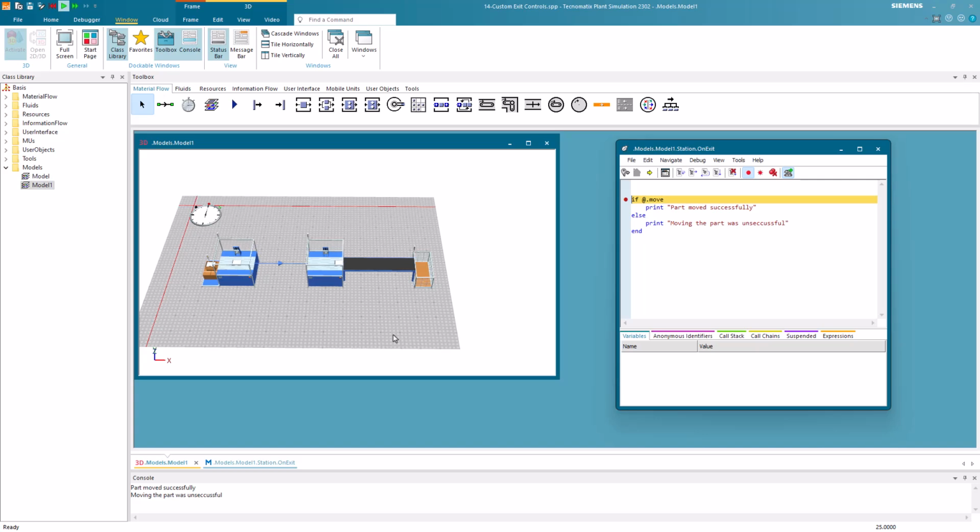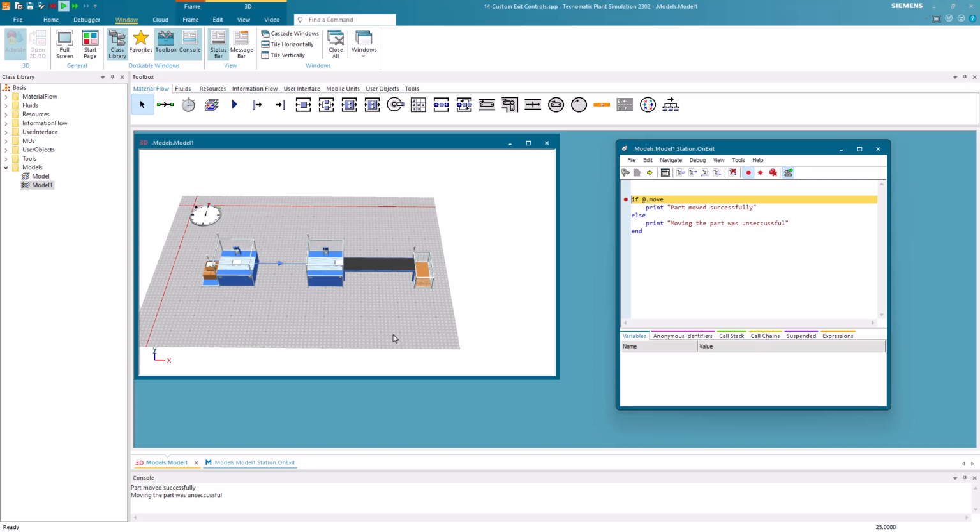However, if you have a production line where it matters how long parts wait to be processed, it is helpful to uncheck exit control once. Let's assume that we have a production line where the part is heated in the first station and then is moved to the next station to be processed. If the part cannot be transferred immediately to the successor, this can lead to a drop in temperature, which in turn means that the part has to be heated again for further processing.